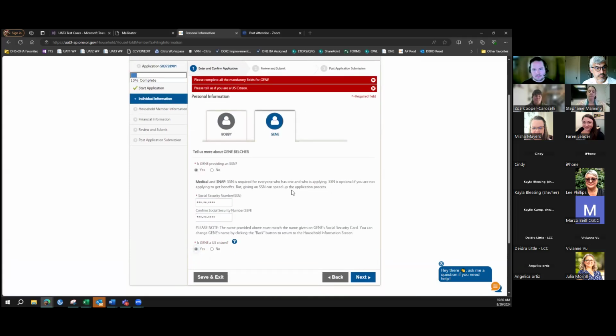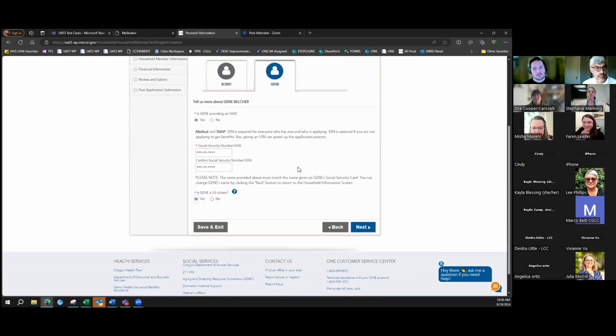The citizenship question is used for, we do use citizenship to determine eligibility for SNAP, but it's very important for us to not be sharing the citizenship information beyond using it for our determination purposes.